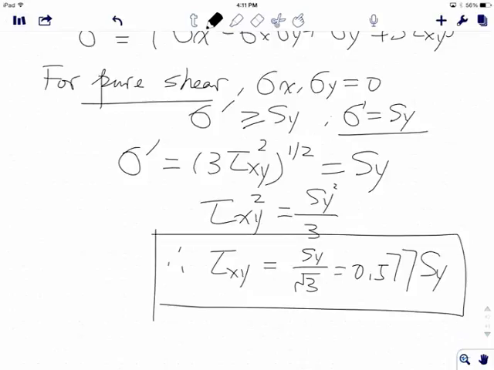Why is it important? Because sometimes you have pure shear loadings, right? Once you have pure shear loadings, then you can use the tensile yield strength to guide your designs. As long as your shear stress is not,